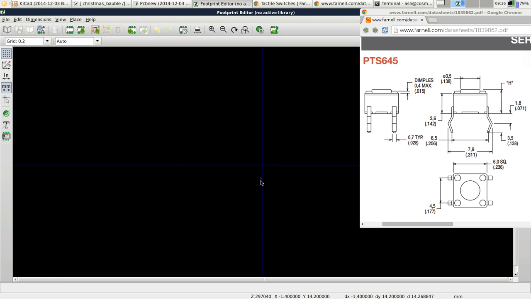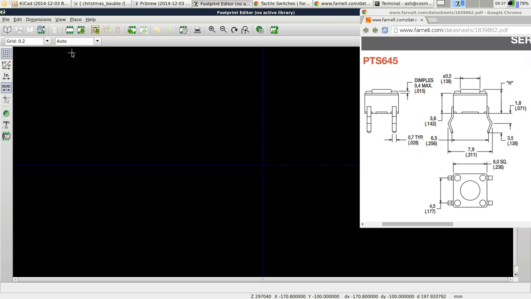Now, because you might just be watching this tutorial just to learn how to create a footprint, what I'm actually going to do is create a new active library. And when I did this earlier in the tutorial, I kind of made a bit of a mess up, so let's just do it all again as if we didn't have a library, just in case you got confused in the last bit. Anyway, you always have to have an active library selected before you can load a footprint